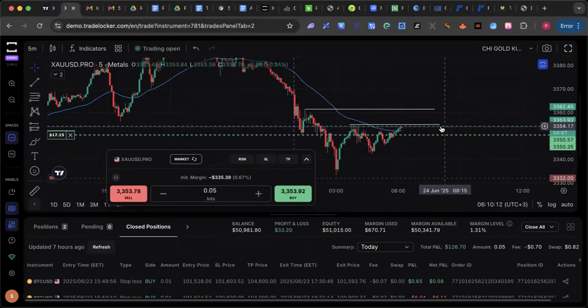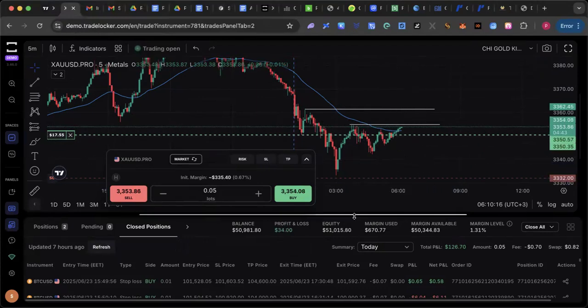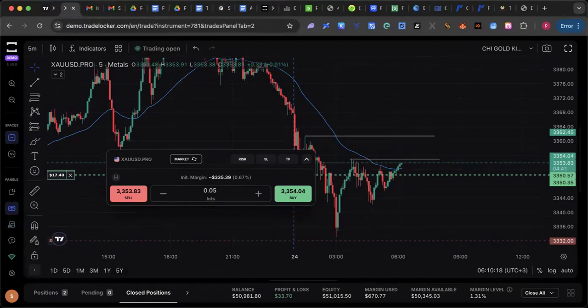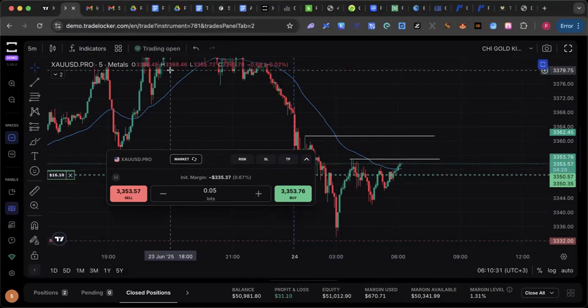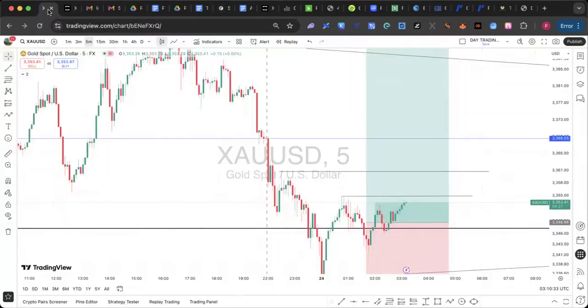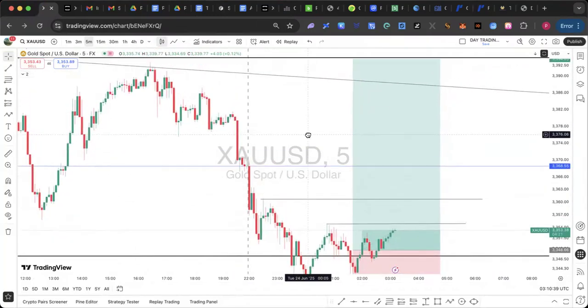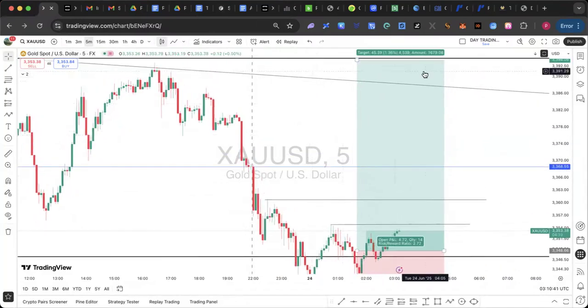Two basic indicators are added to it, which are the 50 moving average and, at the same time, the MACD, to simplify the entry positions for any trader who follows simple instruction. Now, going to the market: this is gold, and it can happen to any instrument, so it doesn't matter what instrument it is.